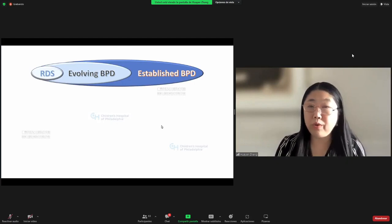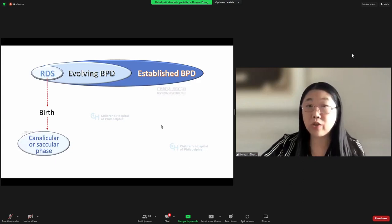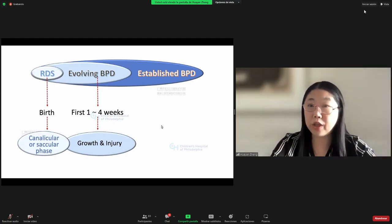As you all know, BPD mostly happens in extremely preterm infants. These infants are born with very immature lungs at the late canalicular phase or saccular phase of their lung development. They present with RDS at birth that may require high-rate ventilator support. And then while growing in our NICU, lung injury is common from high oxygen exposure, mechanical ventilation,